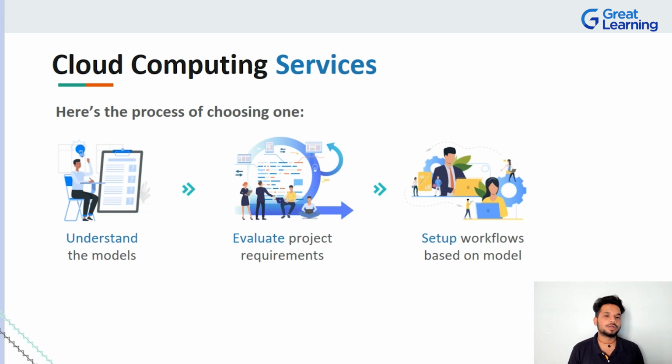But before we dive right into one of those to say, hey, this is what this does, let's actually understand the process of how you would go on to choose one of these, right? Now, your first thing should be to thoroughly understand what platform as a service is, what infrastructure as a service is, and what software as a service is. After you understand the model, you're gonna have some project which says, hey, I have these and these requirements and I want those requirements to be met. Then you compare those project requirements. Once you've understood the model, you can directly match saying, hey, PaaS gives me these many advantages, IaaS gives me these many advantages, SaaS gives me these advantages. So once you know what does what, and once you have a mapping, you can actually jump and say, hey, so I can start setting up my workflows based on which model I picked,